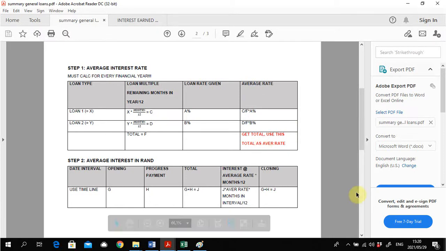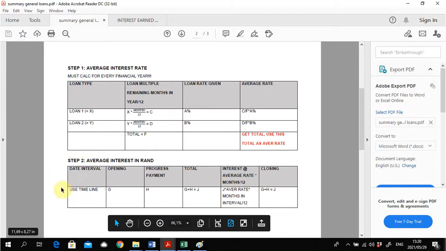After you've calculated your average rate, you will then calculate your average interest in rand. Here you need a date interval for which you need a timeline. I will be discussing the timeline just now. You need an opening balance and a progress payment. The opening balance and progress payment is added together, and then this total is used for the interest. So you will say interest amount is J times the average rate which you calculated in red times the months within this interval, and that will give you the interest,